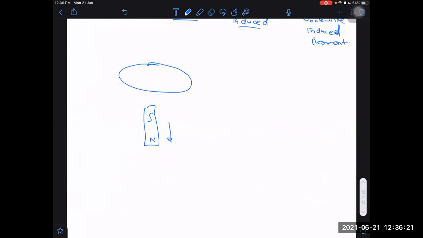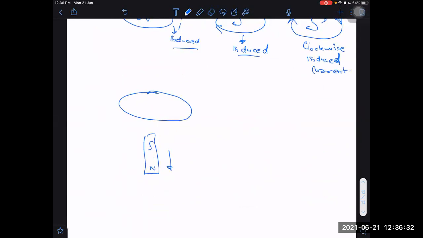Right. And what about in this case? If I'm taking, north, sir. North, sir. It will create which pole? North pole, sir. It will create a north pole to attract it. But in which direction will it create the north pole? Downward, sir. Downwards north, and above it will be south only. Opposite. If one side is north, then the other side will be south.